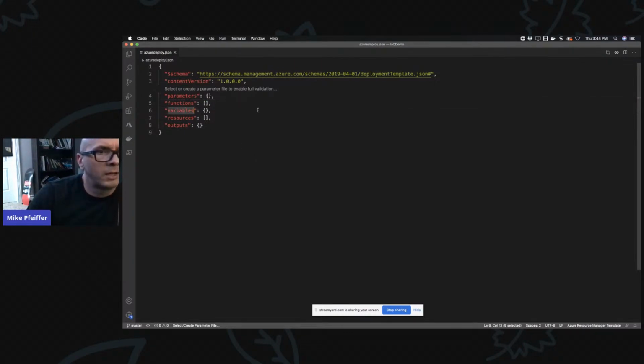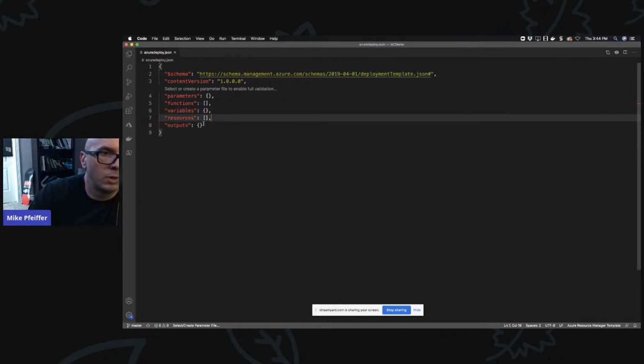There's a variables block here. Again, you see this in Terraform as well, and in CloudFormation on the AWS side. Variables are just so we're not repeating ourselves. If I'm going to have a string that says West US 2, and we're always going to be using that region, there's no reason for me to type West US 2 100 times in the template. Just put it in a variable, reference the variable 100 times, and if I need to change that value, just change the variable.